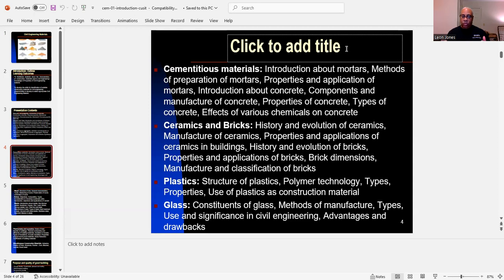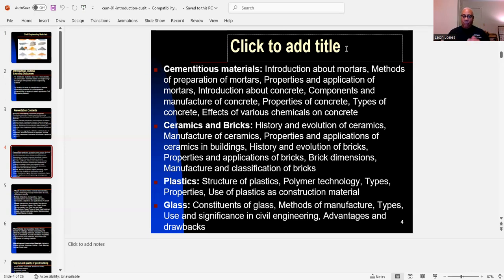history and evolution of bricks. There are also properties and applications of bricks. You have dimensions of bricks. You have classifications and manufacturing of bricks. And we talk about plastics, polymer technology, types and properties, uses of plastics as a construction material, structure of plastics,